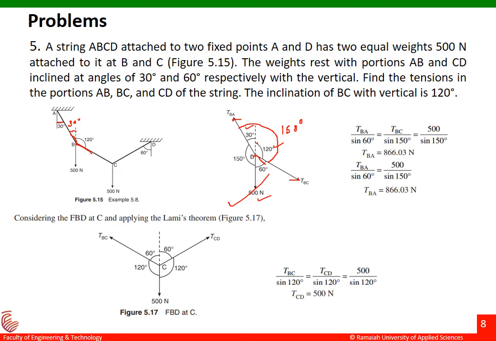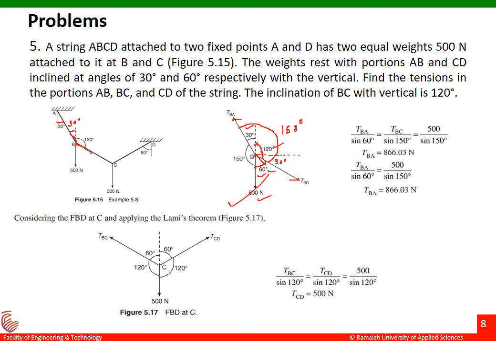Next thing, we'll find out the angle between 500 and the TBC, that is this one. Okay, so what I'll do is I'll just draw a perpendicular like this. Now if the angle from here to here is 120 degrees, so this is my 90 degrees. Okay, so this will be 30 degrees over. If this is 30 degrees, this will be 60 degrees. That is, the angle made between 500 and TBC is 60 degrees over there.